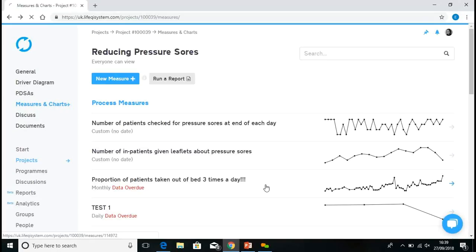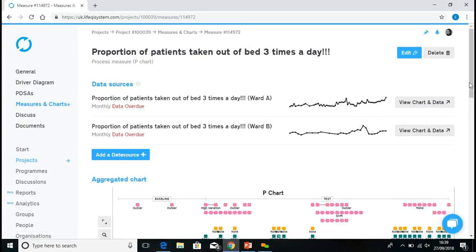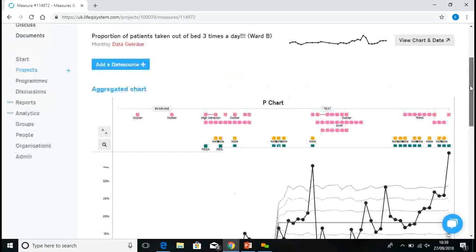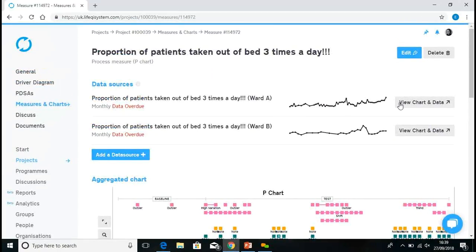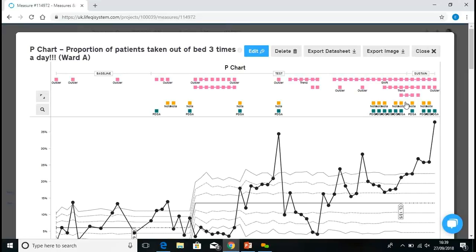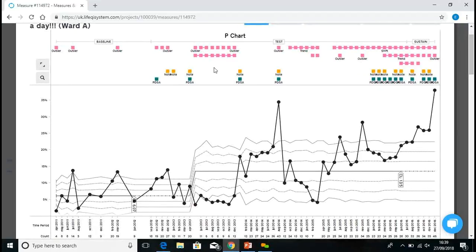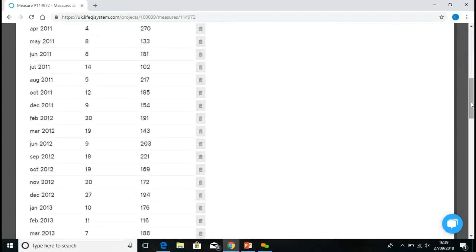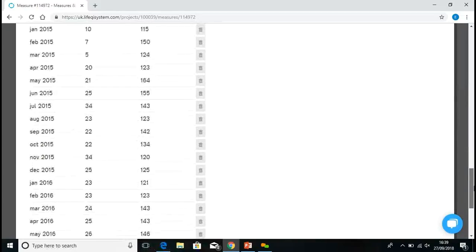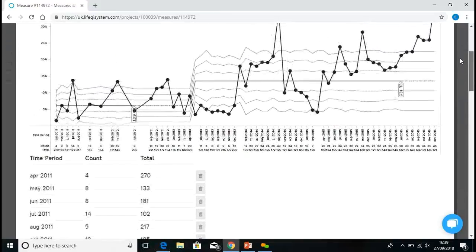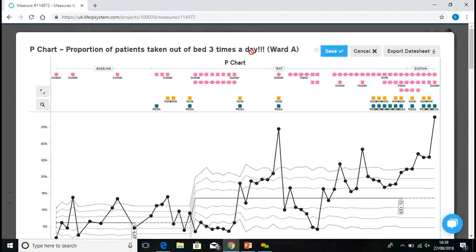So let me go into this one, for example. This is a measure that's already been set up. You can see there's lots of variation here, which I'll show you in a minute. But if you want to add, actually this is an aggregated chart, I think. Okay, so I'm going to go into this chart here, view chart. So this gives you an overview. Here's the chart, here's all the variation, all your notes, and this is your data set basically down here. So this is monthly, I think. An SPC chart, it's got count and total. So if you click edit,